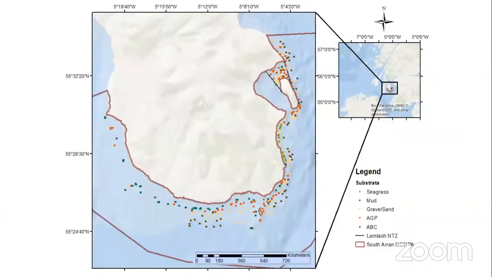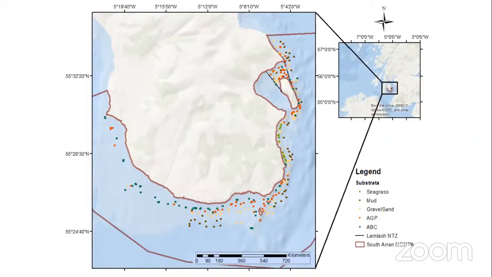So these are the locations of the BRUV drops then. In the panel on the right, you can see where the study site is in Scotland. It's southwest of Glasgow in the Firth of Clyde. It's a relatively large island. And then the study site is in the South Arran marine protected area, which stretches all the way around the south of the island. And the dots are the BRUV drop locations, and they're coloured by the dominant substratum that was seen there. You can see mud further out going into gravel, and then into